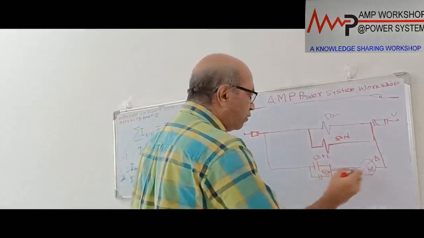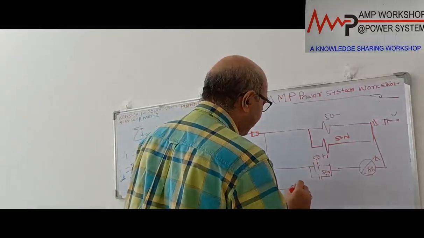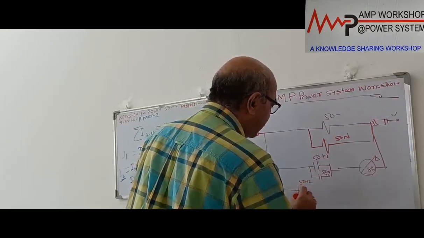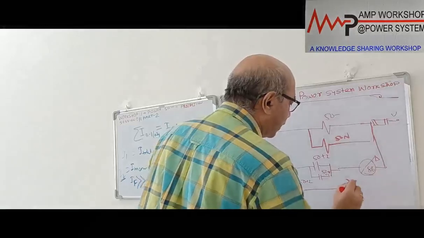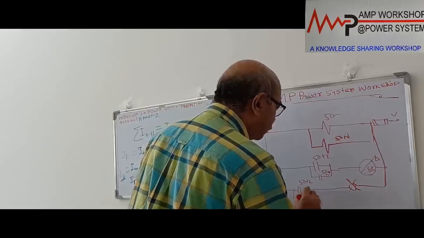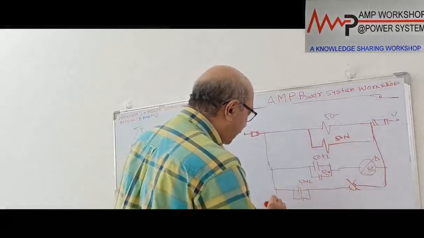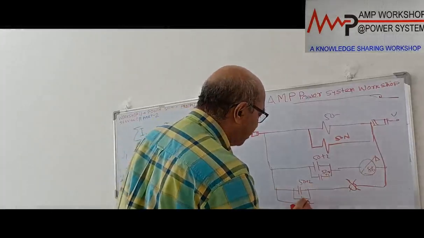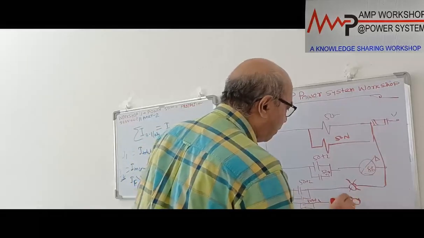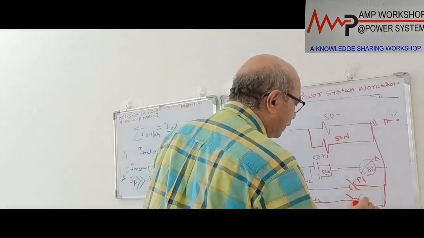This 86 lockout relay will immediately give some indication. Suppose this is the indication; we can take indication from 50 plus 2 timer to show that the overcurrent relay operated, in parallel to 86. Otherwise, we can give another contact, 50N plus 2 and then 86. In that case, when this operates, we will understand the earth fault has operated. This is a phase fault and this is an earth fault.